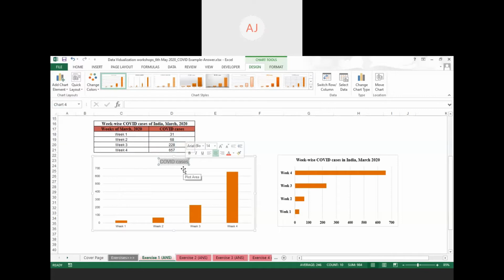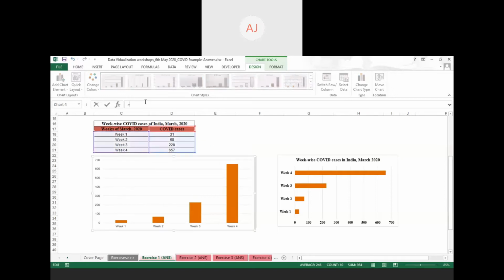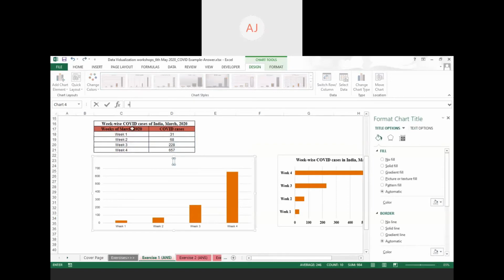And there is a very simple way of adding the chart title by using a formula. Technically we can use a formula, or in a very simple way, we can select the equal symbol, and then select the title of the chart. You will get the exact title of the chart.